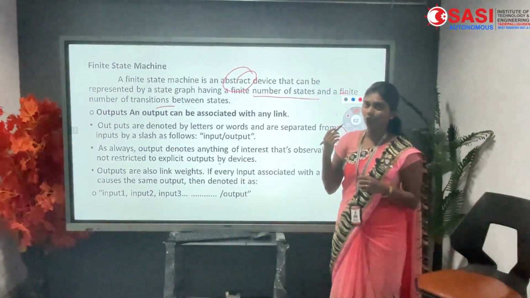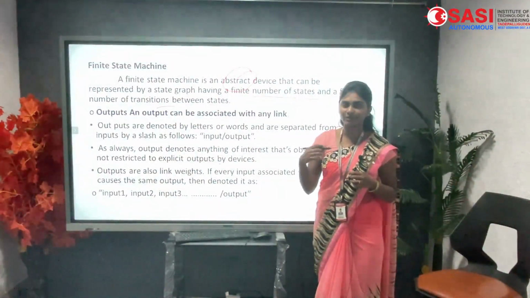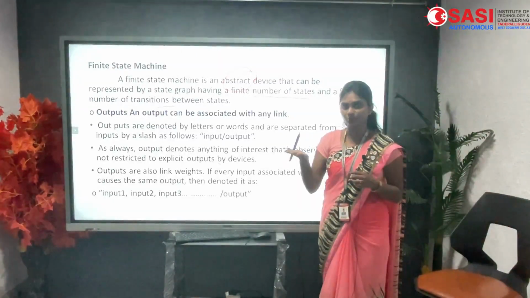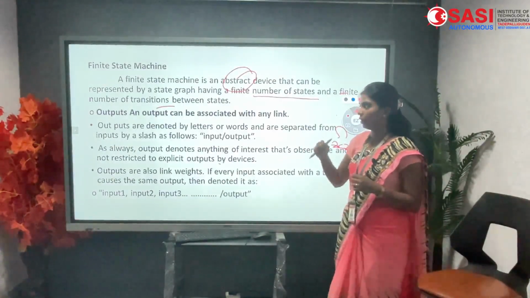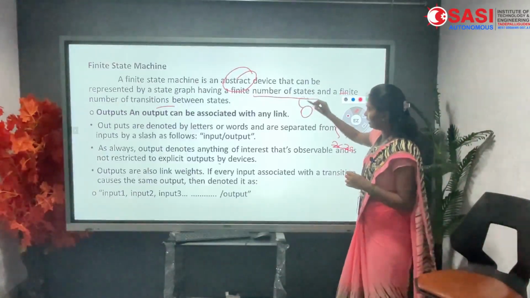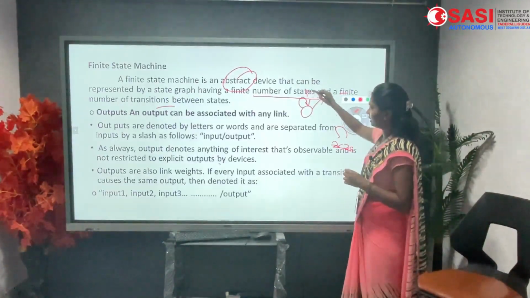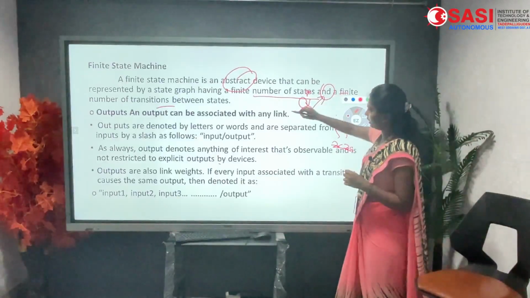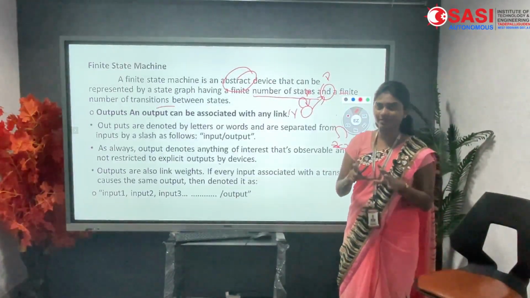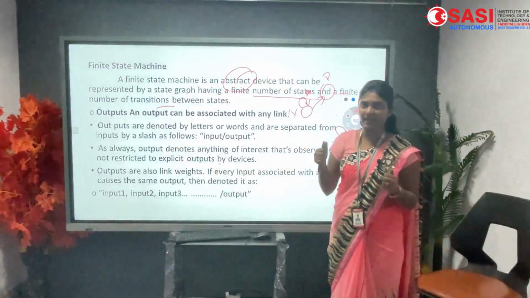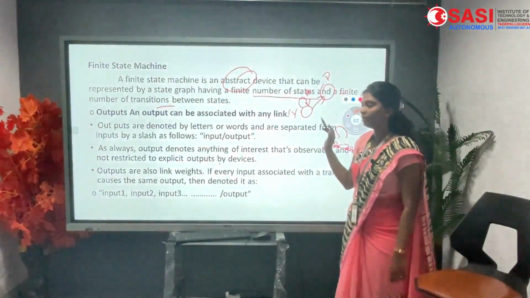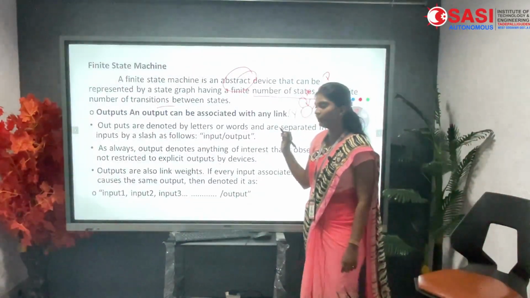Next, we already know about the inputs. Inputs are the initial stage, initialized by the weighted transition. Now we will note the outputs. Outputs are also linked. The input we are giving is connected with the output as well. Input and output all together are connected with the linked states. Outputs and inputs are connected together for the input states. Now we will define the output and how it is denoted.